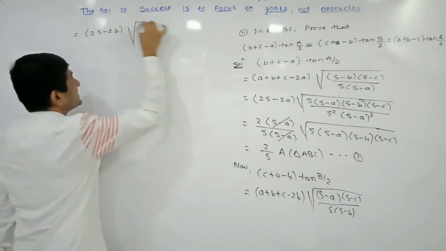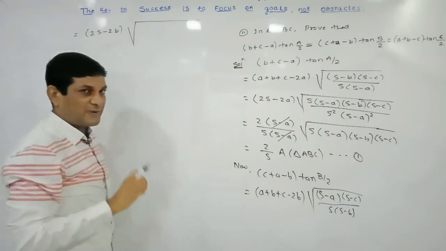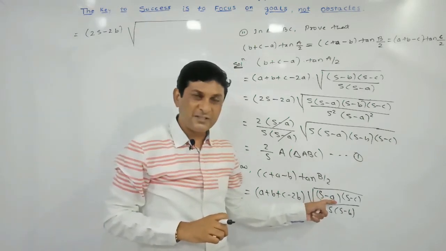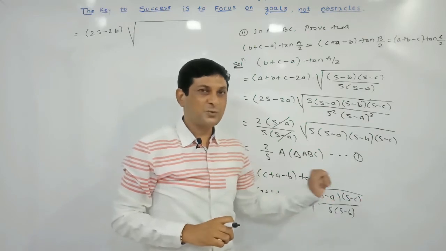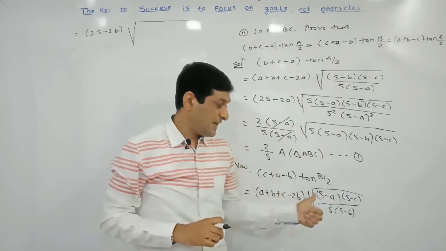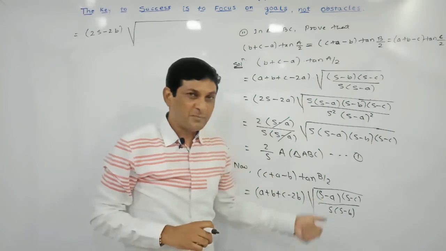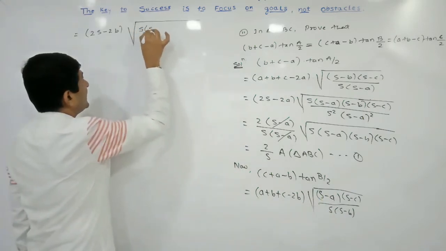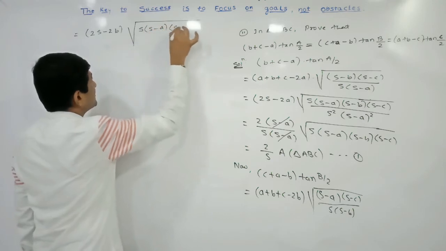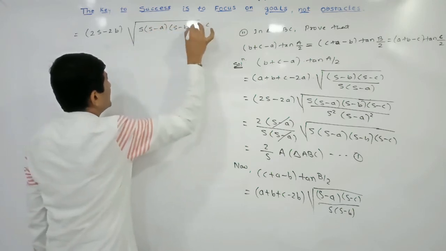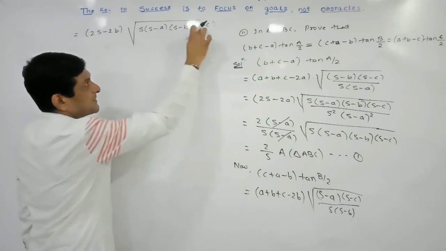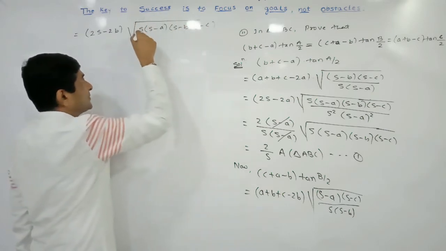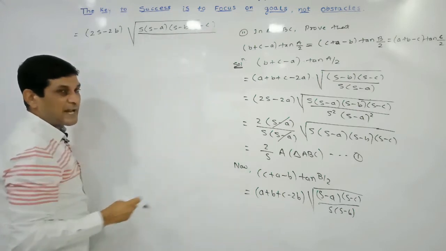Now to get the term in the form of the area of a triangle, we are multiplying the numerator by which terms? Which terms are present in the numerator? S minus a into s minus c. Which terms are missing? S into s minus b. So multiply the numerator and denominator by s and s minus b. So s minus b into s minus c, already these two terms are present there. So we are simply multiplying the numerator by s into s minus b. That's why multiply the denominator also.